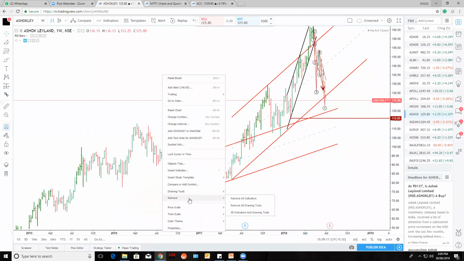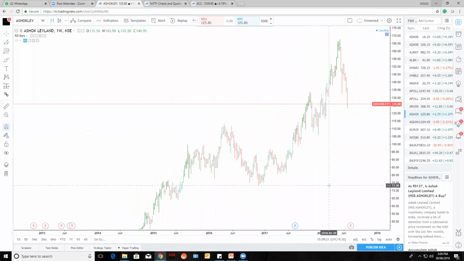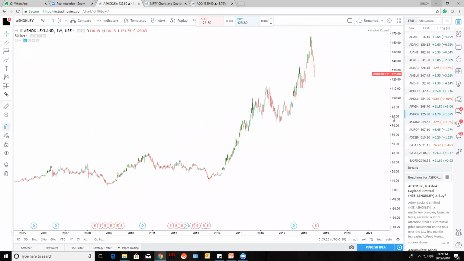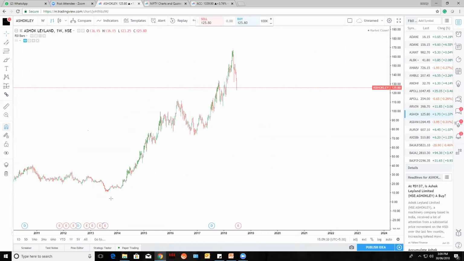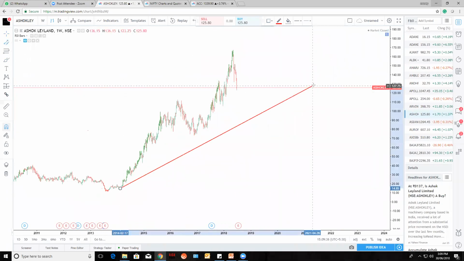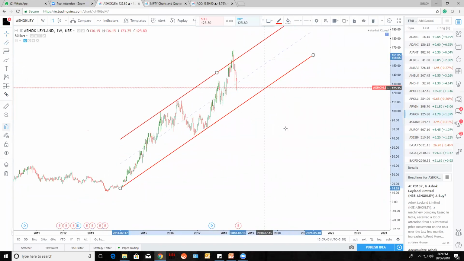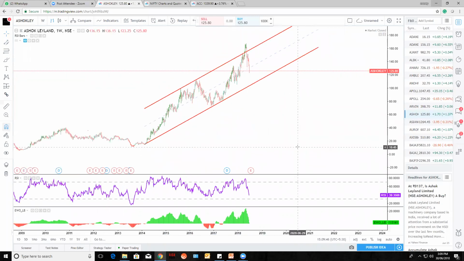Let's say for a bigger time frame you are taking it. I'm removing everything. Let's say 2 points you need. 2 lower points, that is 1 point here, 2 points here, and the third is a high. Just try to connect this one low to this low and draw the channel. See how excellent it is. At the top, it crossed the top and it reversed from there. Brilliant, right?